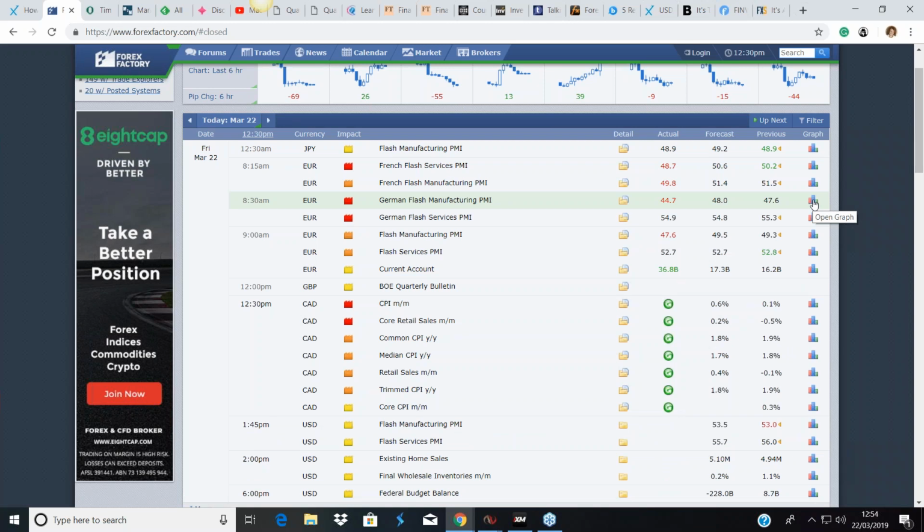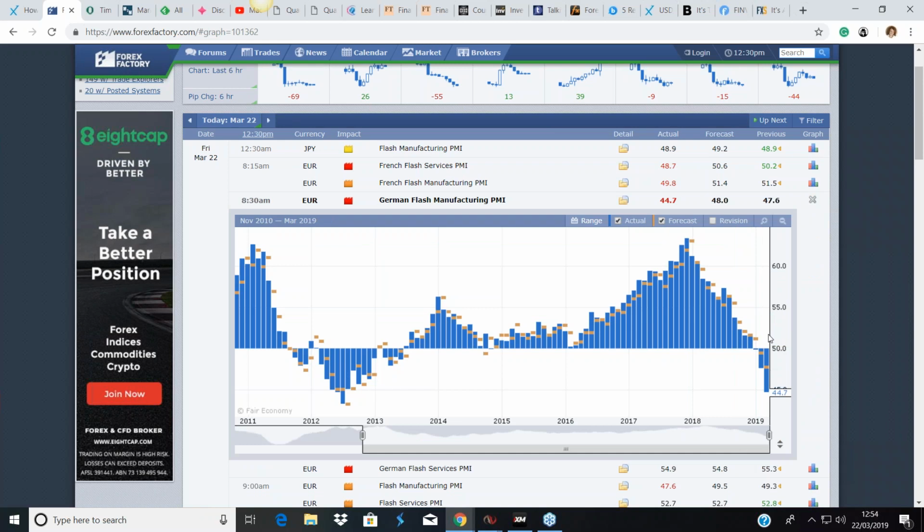So reading fundamental data, having a graph like this, most times numbers come in as expected. You might get a knee-jerk reaction, but today is more than just a knee-jerk reaction. It's really after the Fed on Wednesday, slowing down, possibly not even having any interest rate increases this year. And that news, although it's kind of pleased the equity markets, because the narrative goes, Fed eases, props up